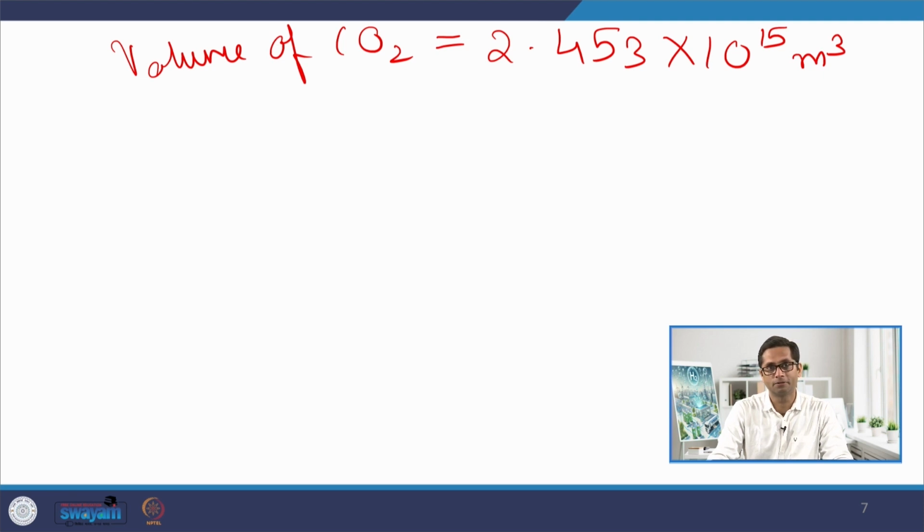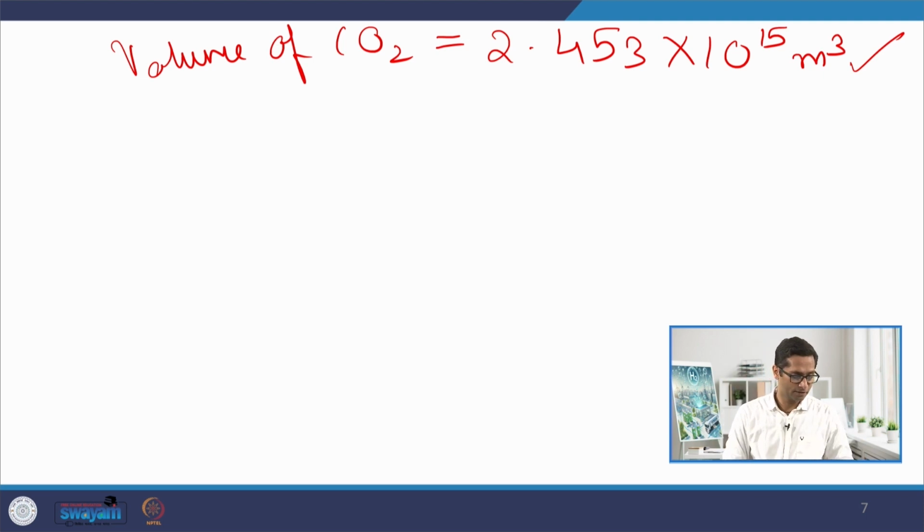Now, this is the volume or the amount of CO2 that is already there, but I am also continuously emitting CO2 by the use of fossil fuels. If these fossil fuels are getting used, the CO2 is getting added up, and I would want to understand the time required for an additional amount of CO2 which is exactly the same amount. This means I am doubling the amount of CO2 in the atmosphere. So now let us try to do that calculation.